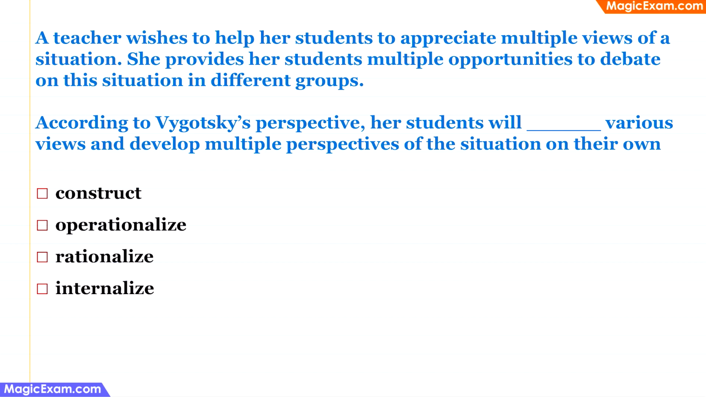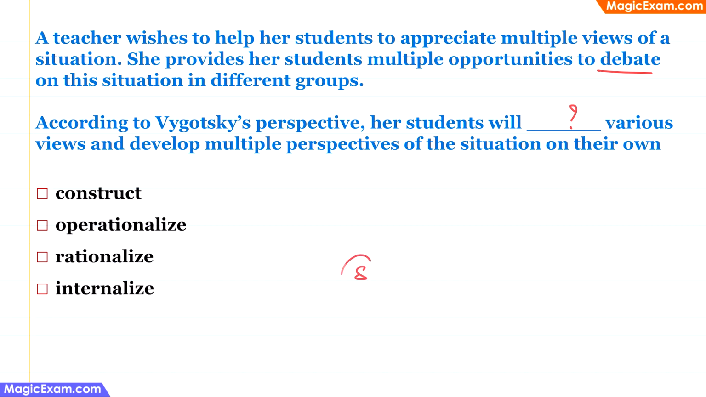A teacher wishes to help her students appreciate multiple views of a situation. She provides her students with multiple opportunities to debate this situation in different groups. According to Vygotsky's perspective, her students will do which of the following for various views and develop multiple perspectives in the situation on their own. So, if the teacher is giving an opportunity for students to interact with each other, that is to debate and discuss this in different groups, then what the teacher is doing is she is helping the students get inputs from